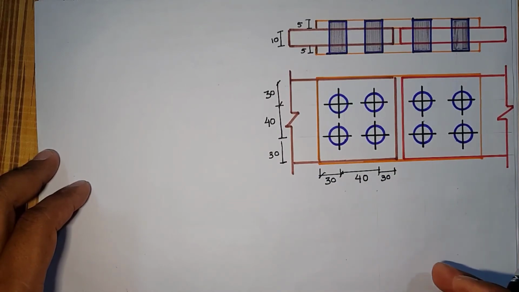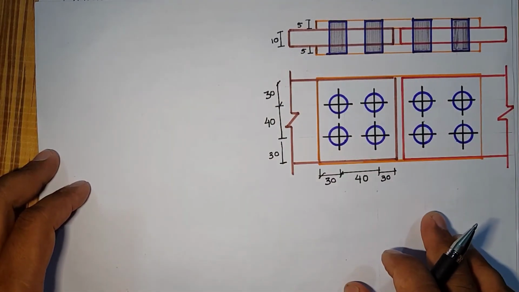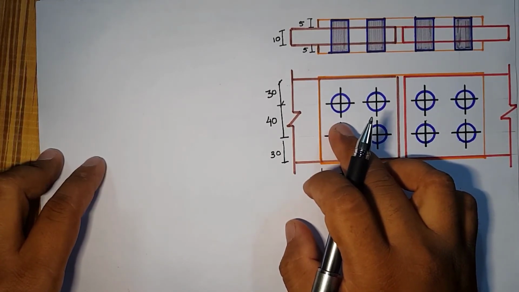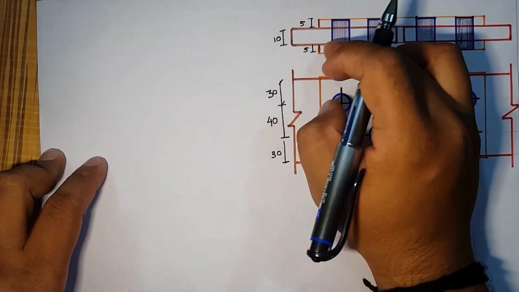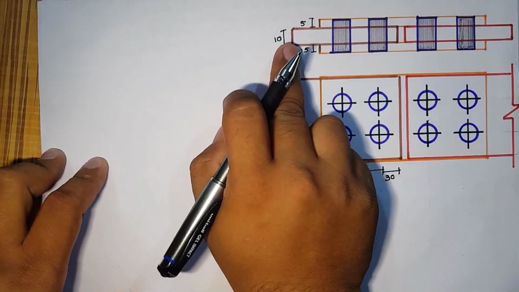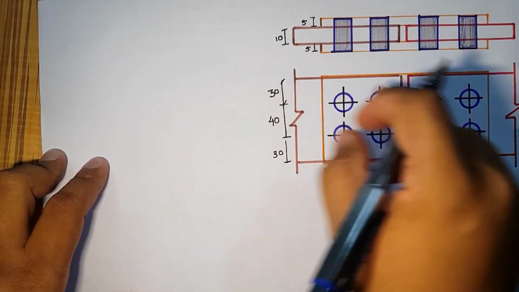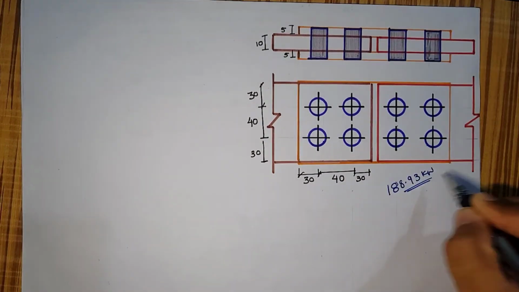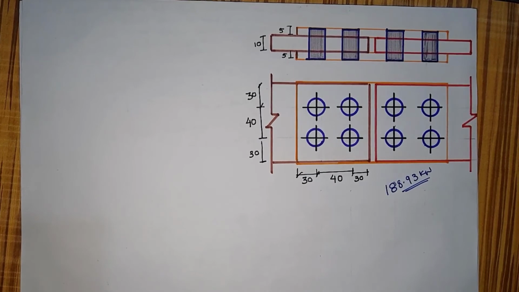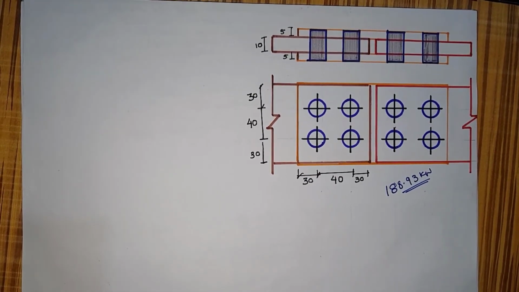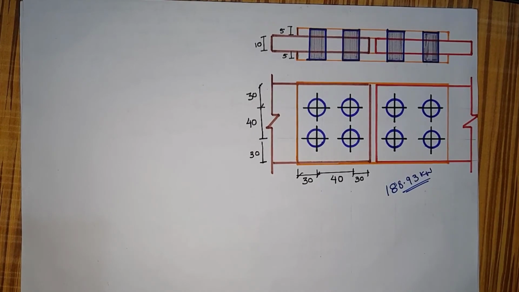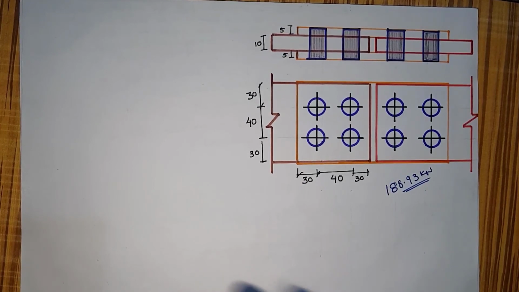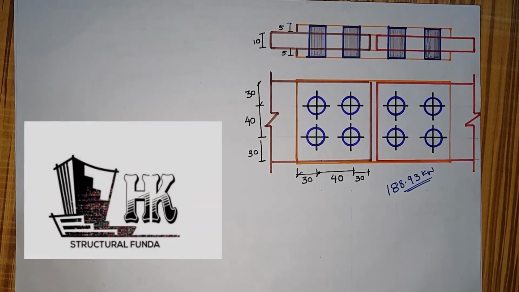It means that if the detailing work is given for the calculation like this, in which the bolt is given as a M16 4.6 grade bolt, thickness of cover plate is given as 5 mm, and thickness of the two connecting plate is 10 mm, then the strength of this connection is 188.93 kilonewton. So if any types of the detailing work is given, if the number of bolts are given and the diameter of bolt as well as the size of the plate, then we can find out the strength of given connection.